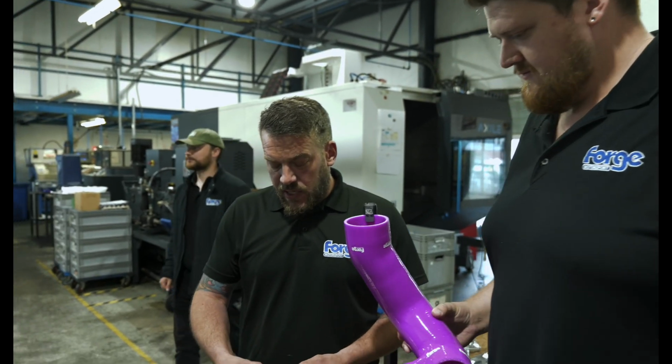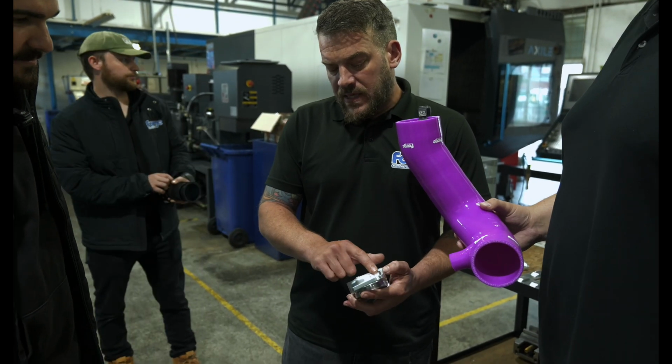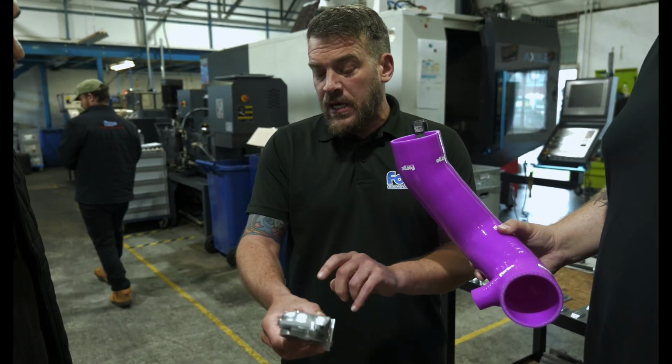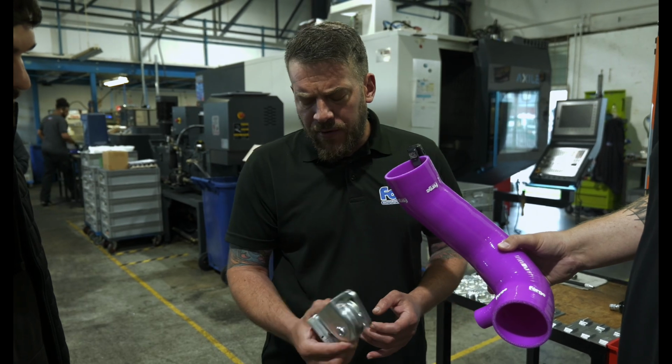So essentially, as you can see, that would have been made out of one solid piece of billet. This has been roughed. It's had its first pass just to make it into its rough shape. That will then be put back onto the machine. It's going to go for a final pass to be thoroughly cleaned up. That one there is